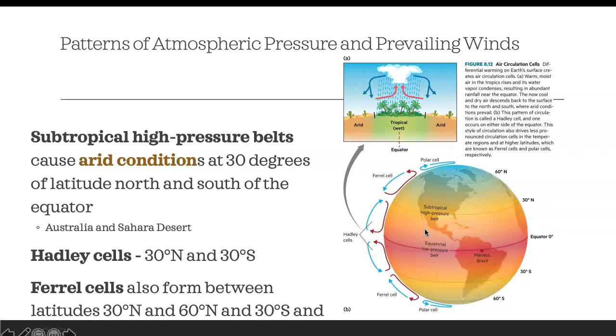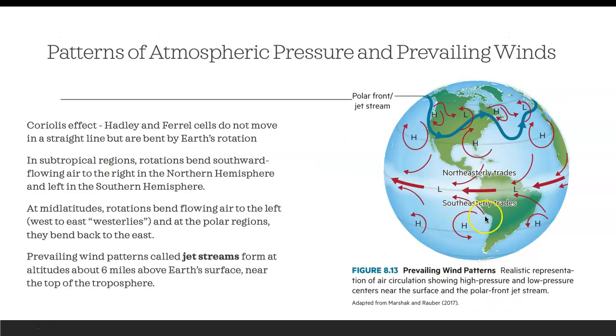That's all I need you to know. So globally, it looks like this. That's why we have different weather in different regions, and different climate patterns in different regions. And we call this prevailing wind patterns, jet streams, and they are at the top of the troposphere. So we know these are very powerful winds. They go like this on the top of the troposphere. I mentioned the jet stream because those winds are very powerful in carrying air pollutants all across the planet.